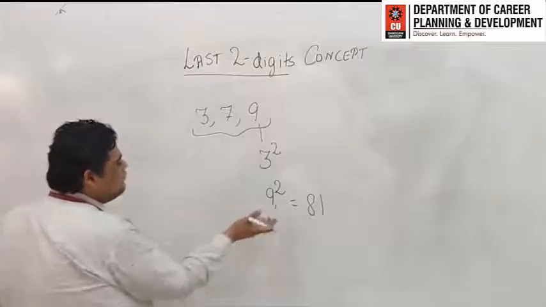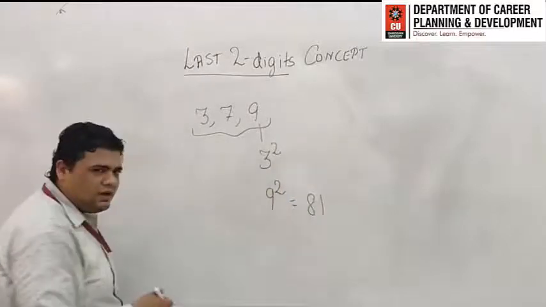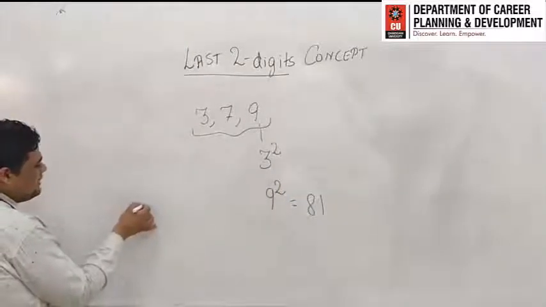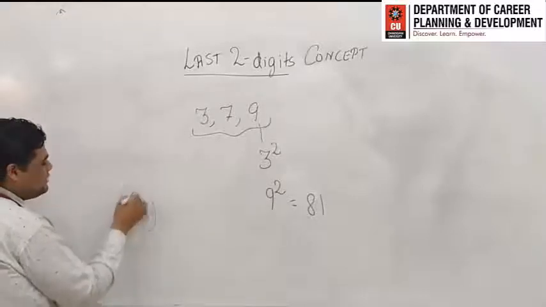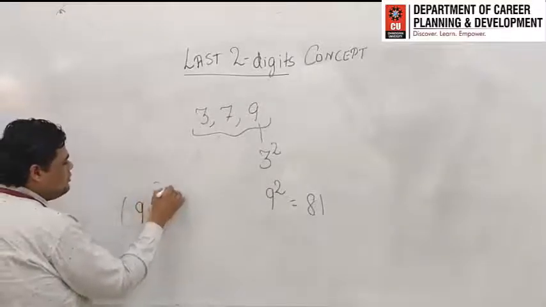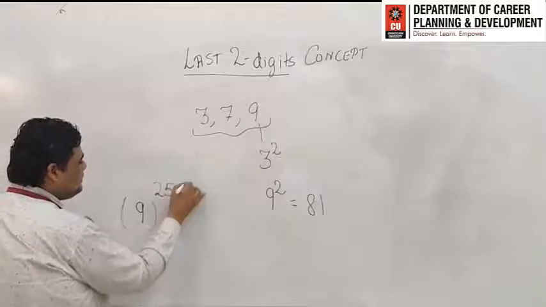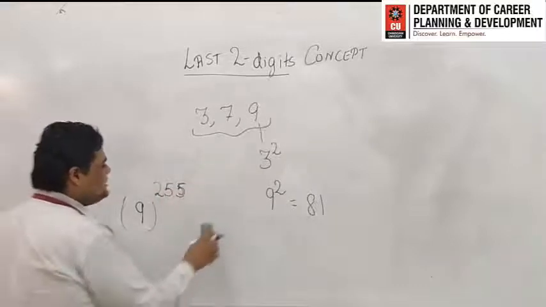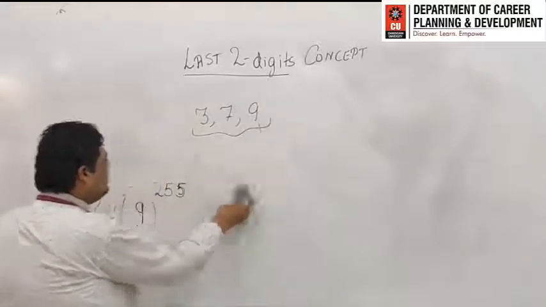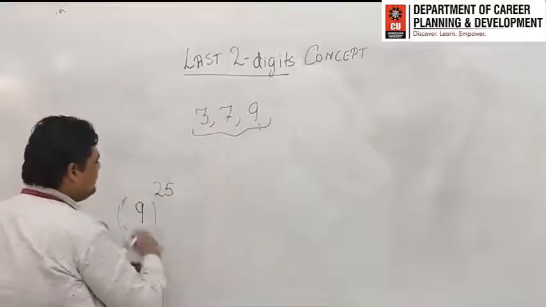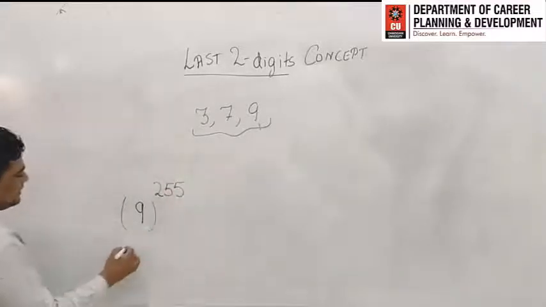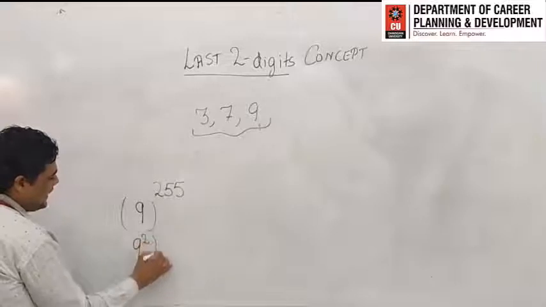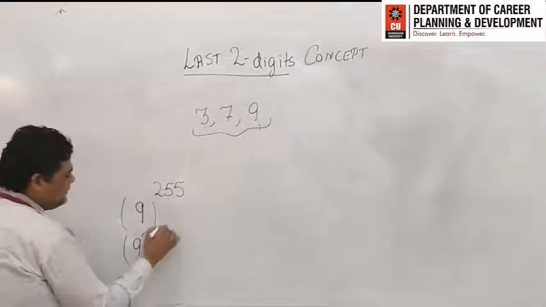So we just have to raise to the power of even. So if the example given to us is 9 raised to the power 255, then what we will do? We will take 9 square as inside,